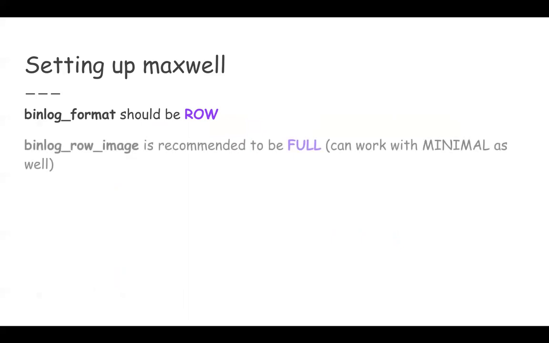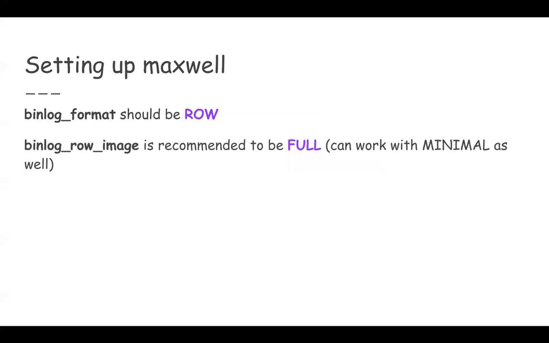In order to set up Maxwell, the binlog format should be row. As we talked about, there is a possibility of having a statement binlog format, but we need row. We need changes to the individual record. The binlog row image is recommended to be full.